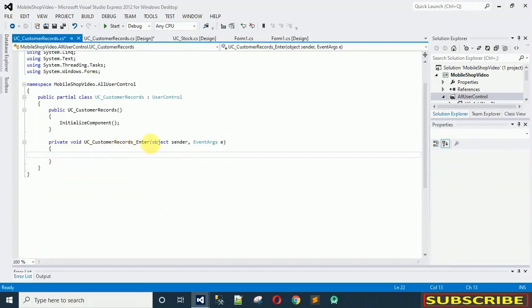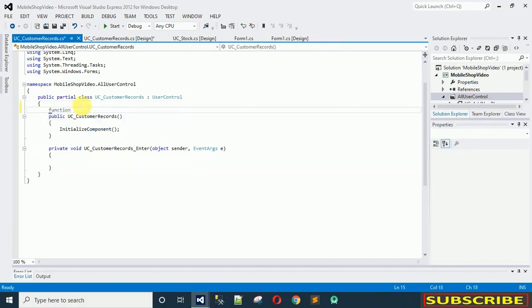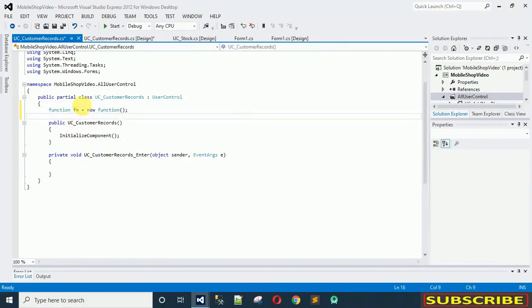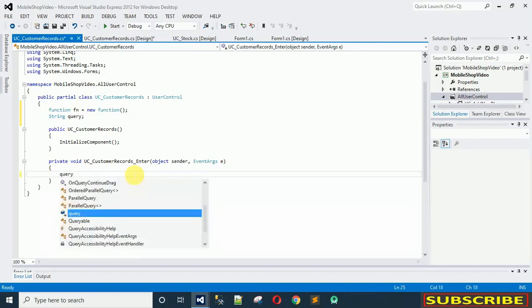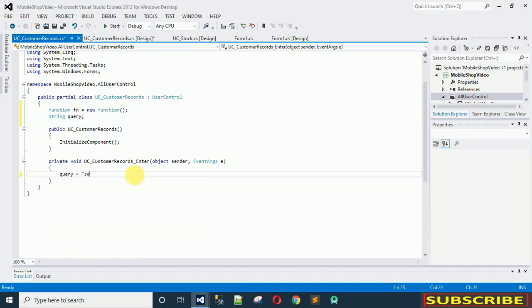Here what we have to do is first create an object of the function class. Function fn is equal to new function. In the previous video I showed you which methods I have written inside the function class, and how I have created it. Okay, so we need one string also, so let me name that query. And on the form load we want all the data of customer purchase. So query is equal to select star from